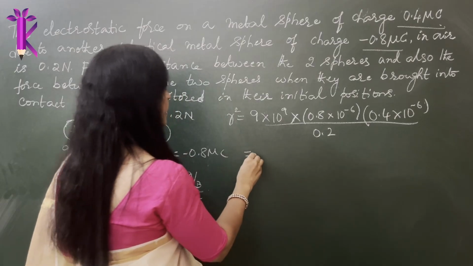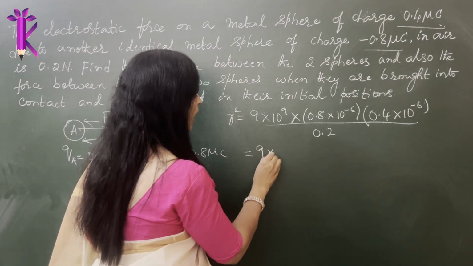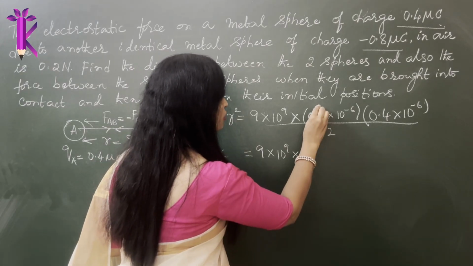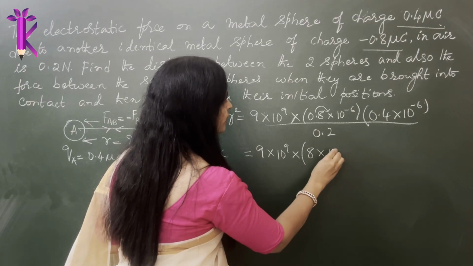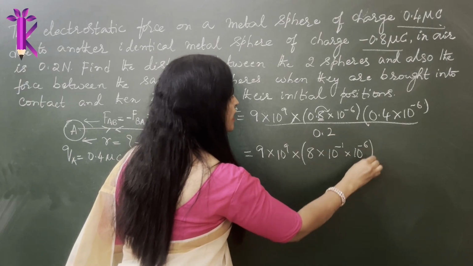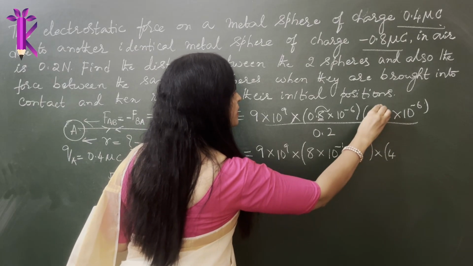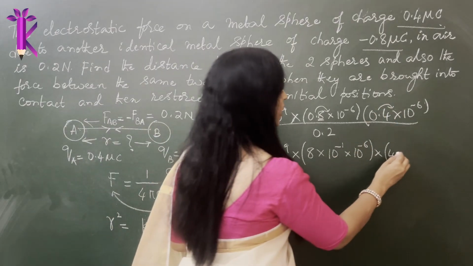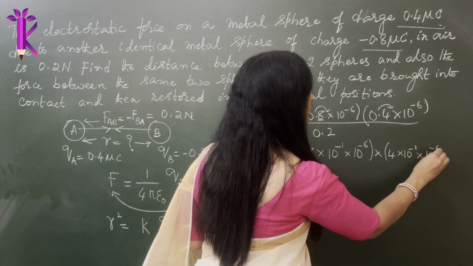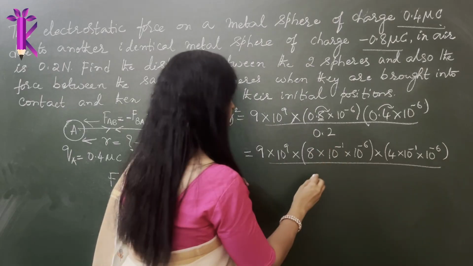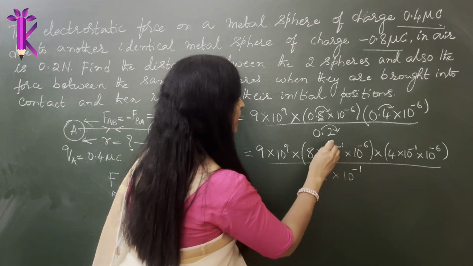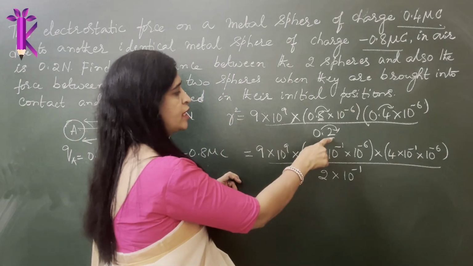So let's remove all the decimals like I usually do. So 9 into 10 power 9, 0.8 I would like to write as 8 into 10 to the power of minus 6. If I shift the decimal to the right, the power of 10 decreases by 1, because I am shifting by one decimal place. Similarly 0.4, again I am shifting the decimal to the right, so the power of 10 decreases by 1, into 10 to the power of minus 6. Similarly, we will do the same thing in the denominator. I want to shift the decimal place to the right, so 2 into 10 to the power decreases by 1, because I am shifting to the right and only by one number.